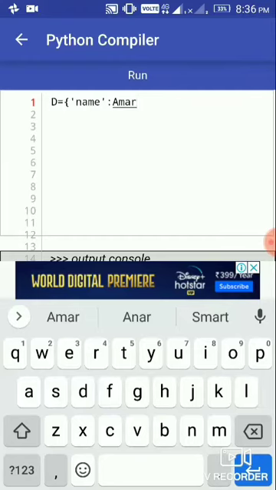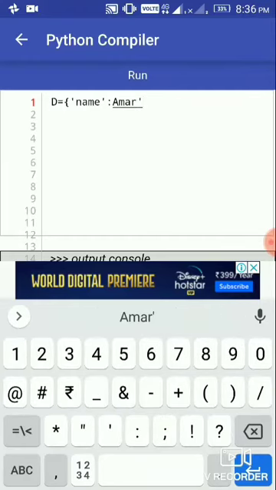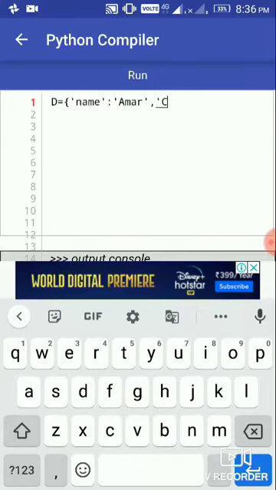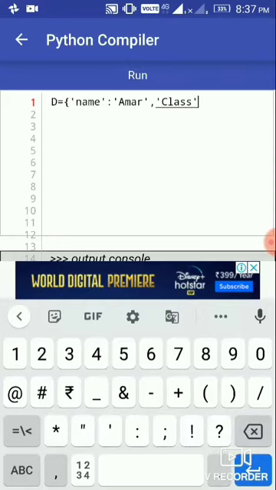I use quotes because the value has many characters. Then after a comma, the second key is class, and the value of class is 12.